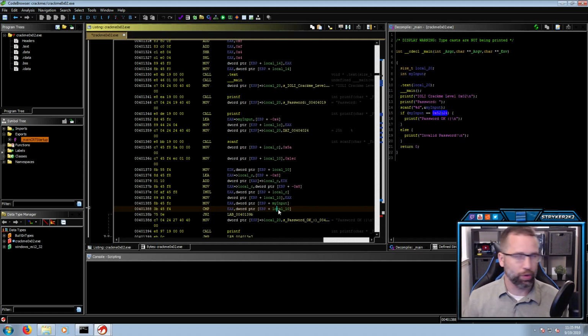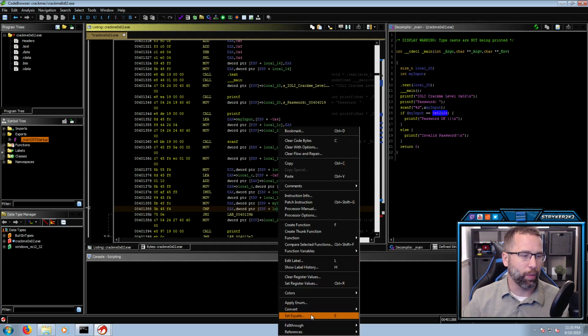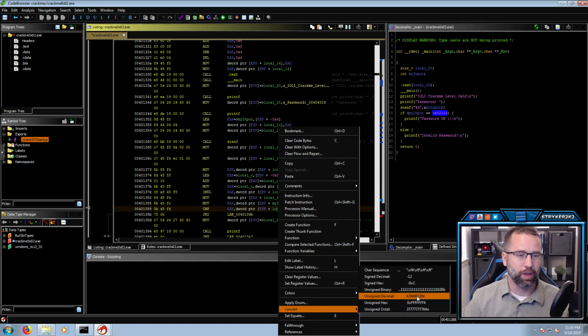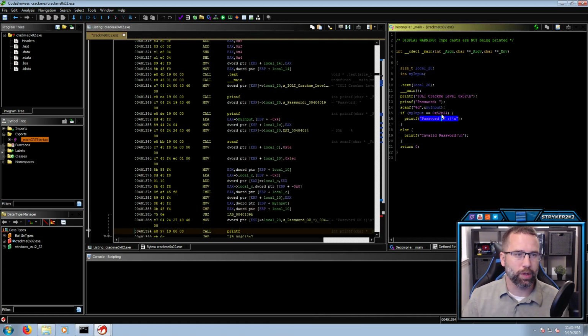It does not show up as an unsigned decimal. What it is doing here is pointing to where it is on the stack, so we cannot as easily translate it into that decimal that we did last time, where we right clicked, went to convert, and did decimal. Look at the unsigned decimal on this one, it just doesn't work. But what we can do is hover over it and look at what the decimal character would be. So let's hover over and we got